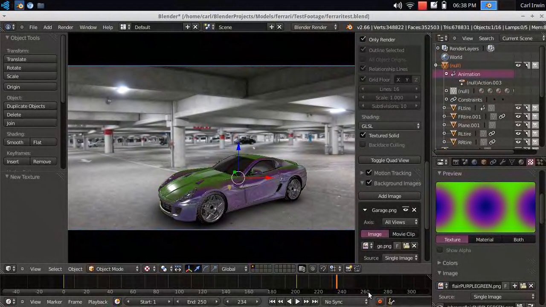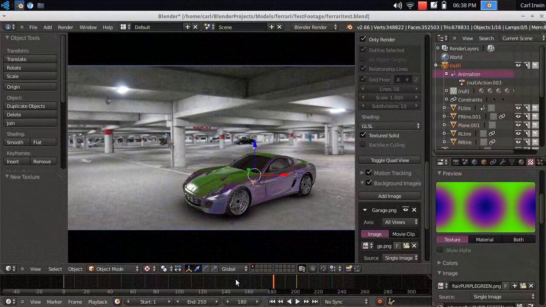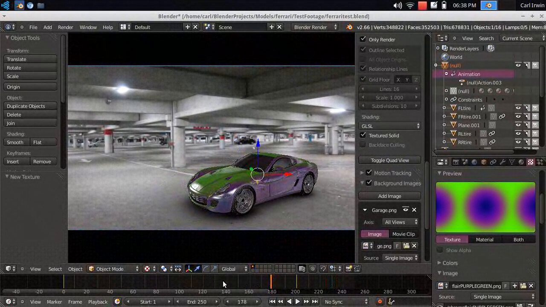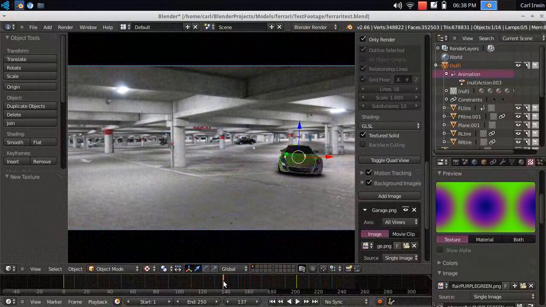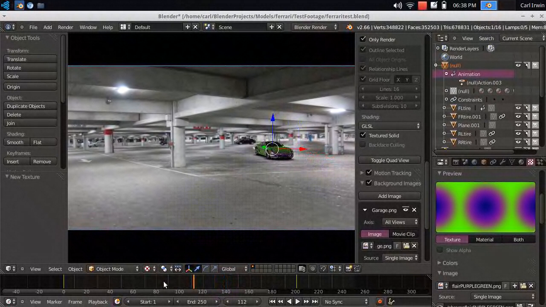And you can see, if I scrub through the animation here, as the vehicle moves, so does that color, as the angles of the vehicle change from our point of view. So, really interesting kind of concept, and it can add